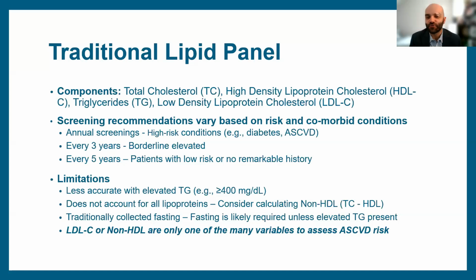We have our traditional panel, but we know that as you have things such as higher triglycerides, they're not as accurate. We know that, as our lipoproteins, we calculate a lot of these things like LDL. So I'm not going to go into all the math today, but basically it's a combination of looking at your total cholesterol and your HDL, and looking at your triglycerides. The calculation's a bit more affordable. If you need to, we can collect it direct.